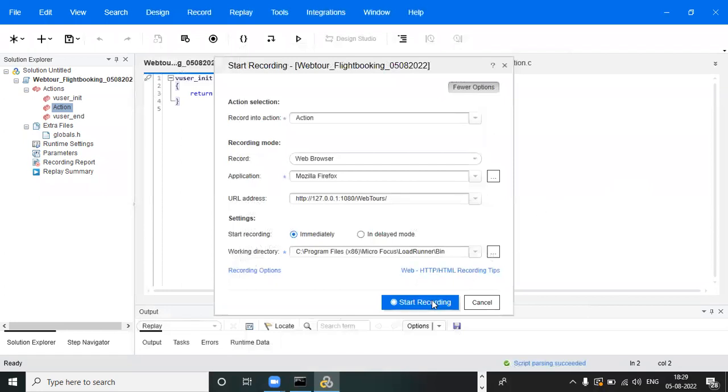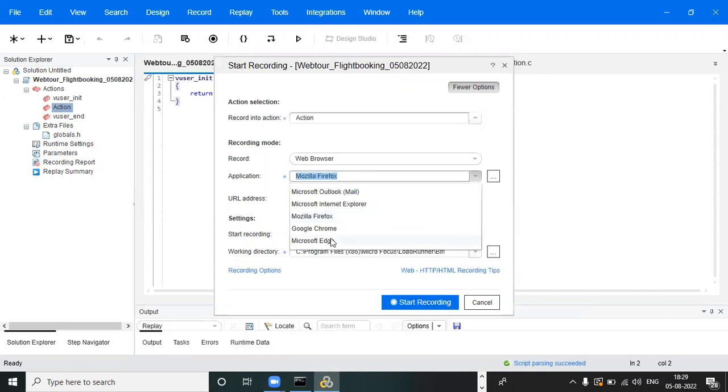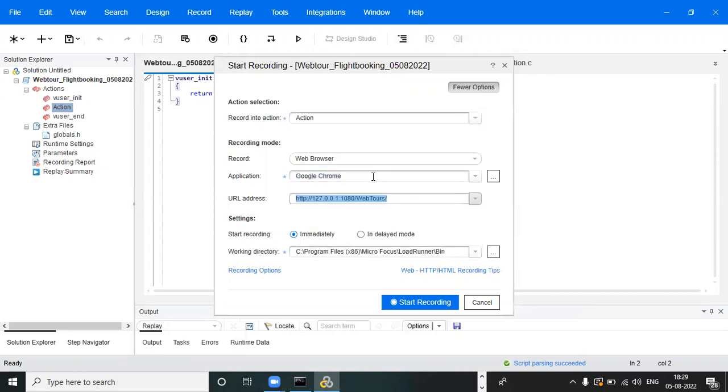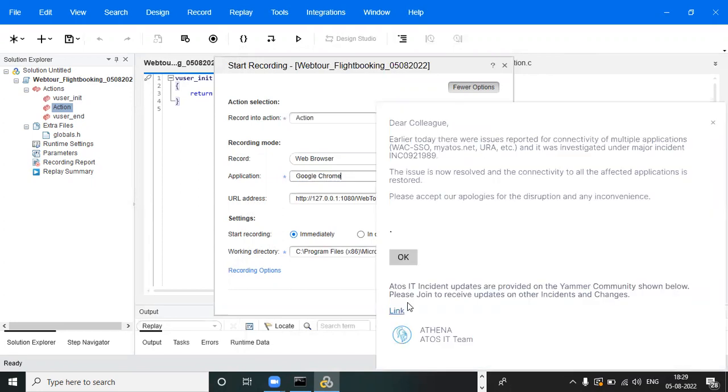Once you click on recording, what will happen? Which browser did we select? Mozilla Firefox. If you want to select a different one, we can select that also. Google Chrome you can select also. Now which browser did I select? Google Chrome. Once you click on start recording, what will happen is it directly